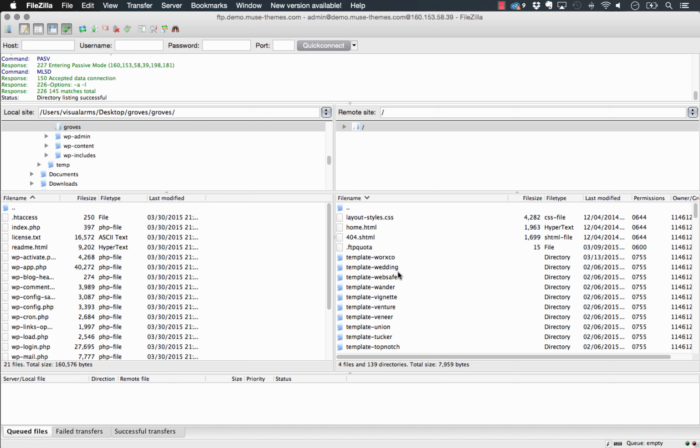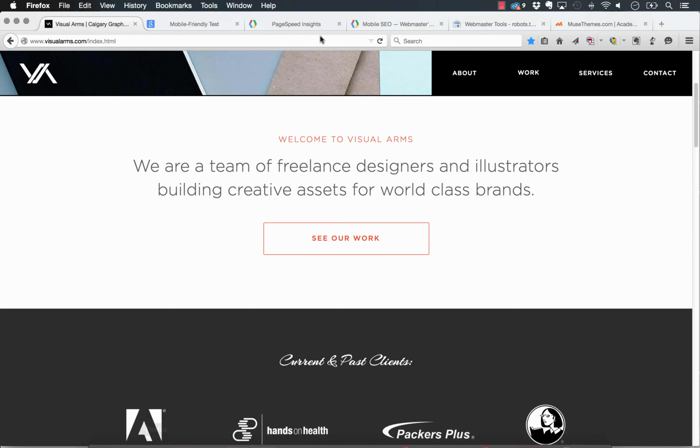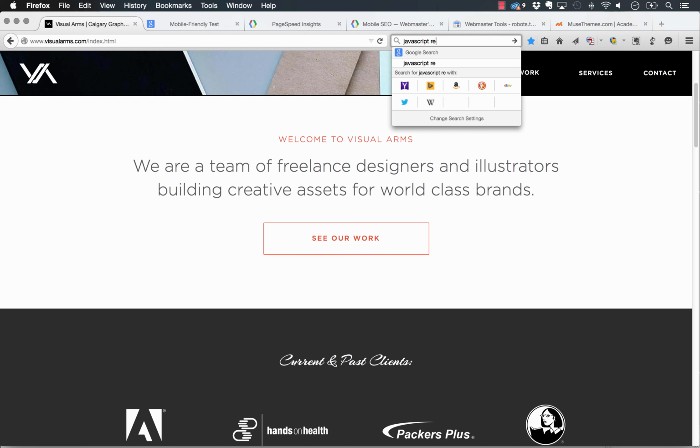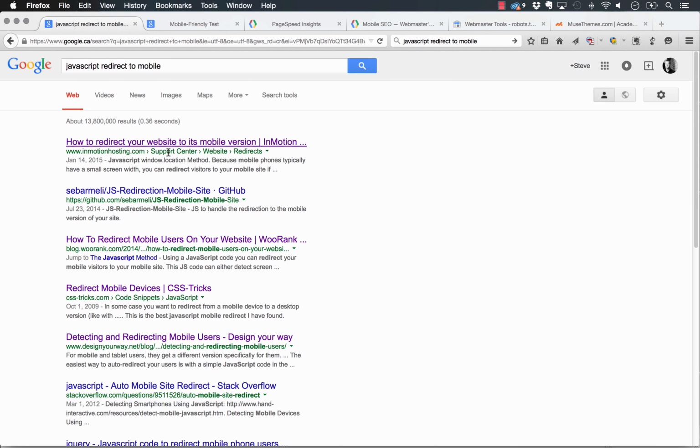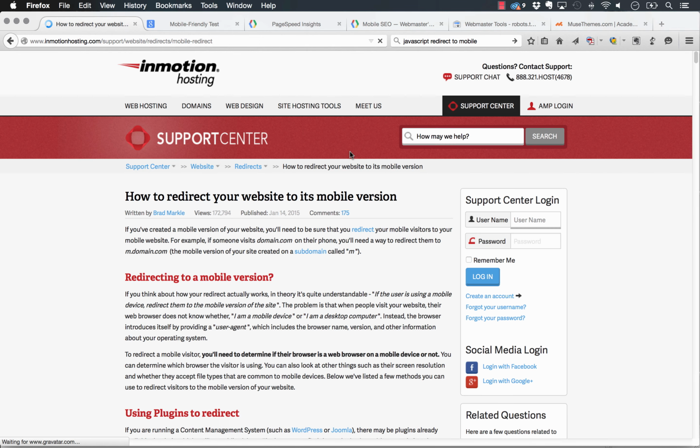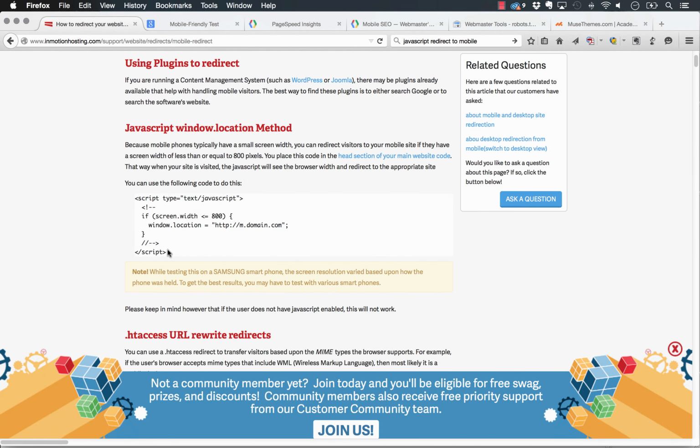So then what you need to do is embed a little snippet of code to redirect users to that phone version. And you can actually find this on the web. We've provided it above, but let's just search for JavaScript redirect to mobile. Okay, and so here, let's take this post, and there's a little snippet of code here that's just a bit of JavaScript, and it says in it, if screen width is less than 800, redirect to this location. So if you take this code just like that and copy it, and you open up an HTML file in any text editor, and you paste this into the head section of your website, and I'll show you what the